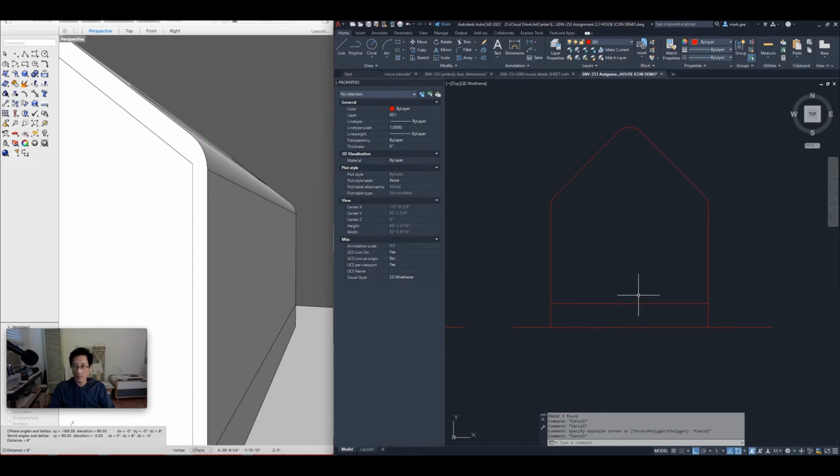So what I'll do is, for this tall line here, the left edge of the window, I'll just draw a line. I know I've got a midpoint snap there, right in the middle. So we'll just draw, I'll click, and I'll connect it to all the other ones using extend and trim and fillet and such. To get these other